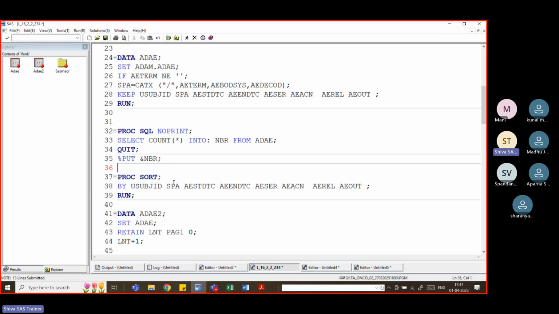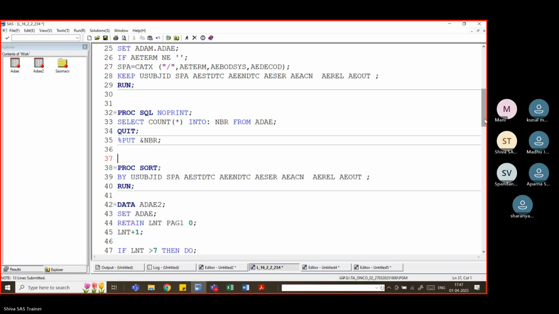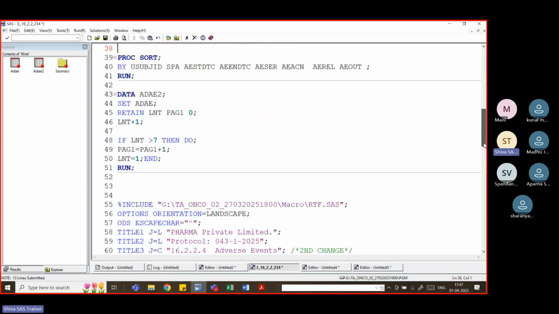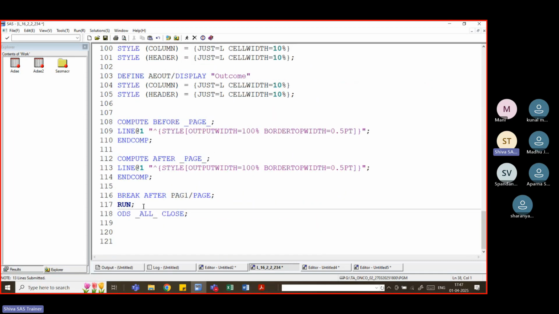Okay, so here, how can we write it? %if &nbr greater than zero, %then %do; so this procedure. Normally we filter the data and write the proc report and so on, and then run, and %end. Here you will end that one. Okay, so in case the NBR equals 0, meaning number of observations equals 0,